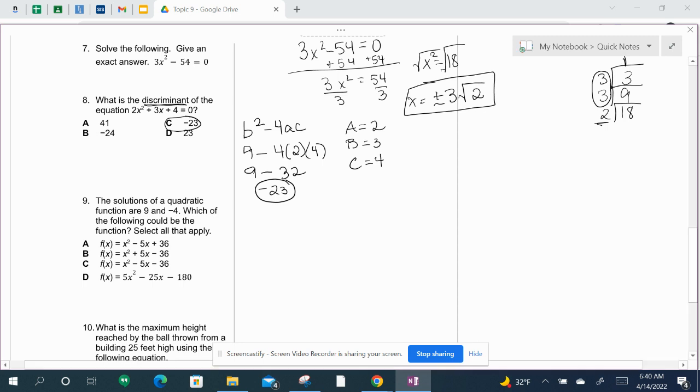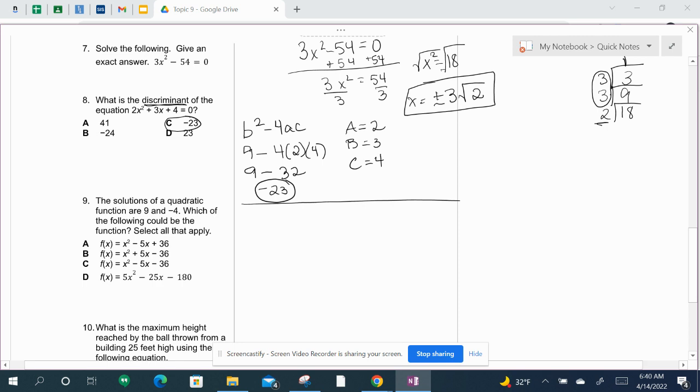Number 9 says the solutions of a quadratic function are 9 and negative 4. So which of the following could be the function that we're talking about? Guys, there's a couple of ways that we can approach this one. Number 1, we could solve A, B, C, and D and find out which ones have solutions of 9 and negative 4. But we could also look at this one and say, well, 9 and negative 4, that means x minus 9 and x plus 4 are going to be the factors,